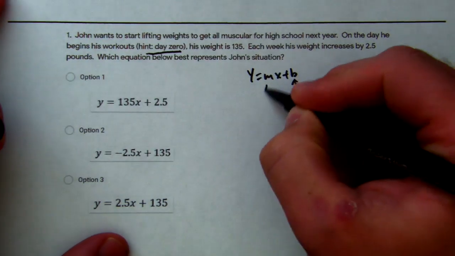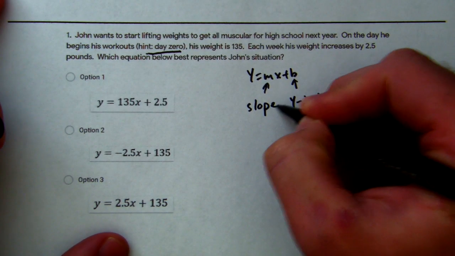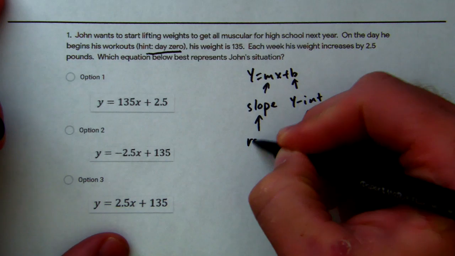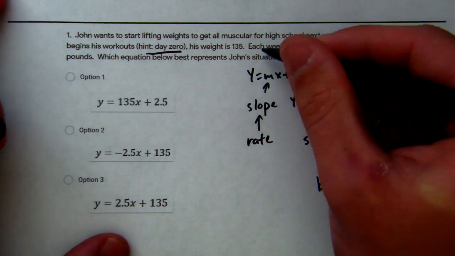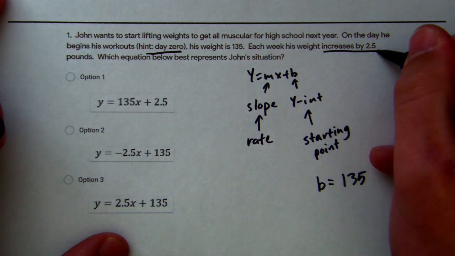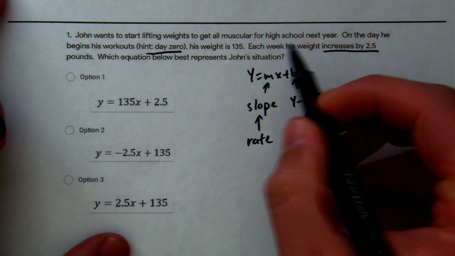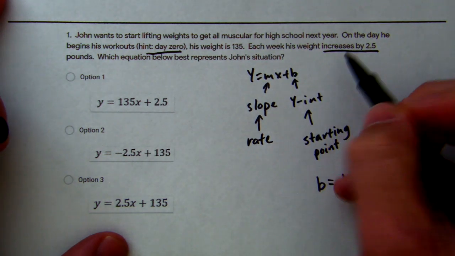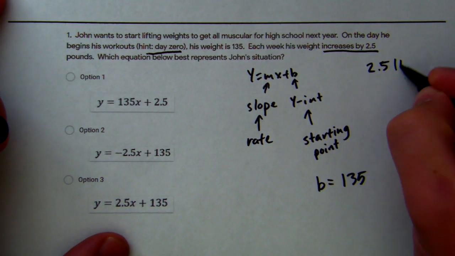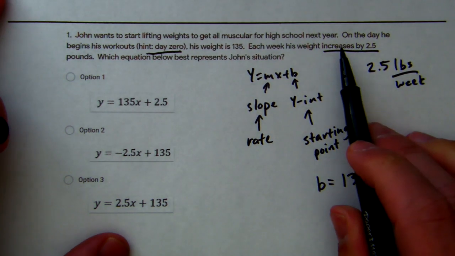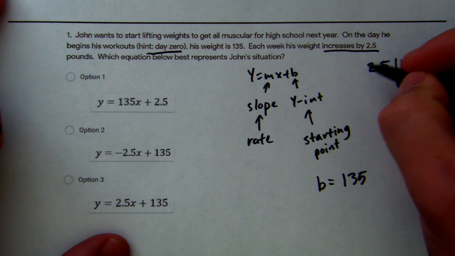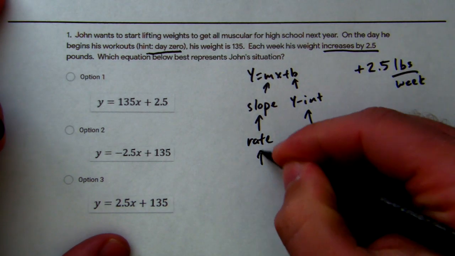Now, m is the slope, and that's going to be our rate. So usually it's something per week, something per day, something per hour. It's going to be our rate. And in this case, each week his weight increases 2.5 pounds. So that means 2.5 pounds per week. That is our rate. And because it says increases, we know it's positive. So our slope